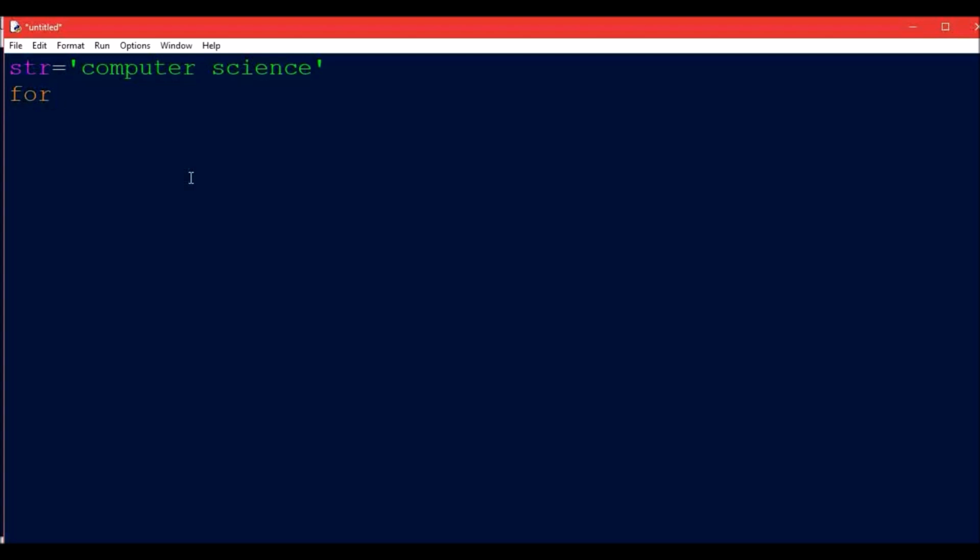So we will write for I, a variable, in str, that is the string, and then we are going to print I. So by this what will happen, that whatever index I will hold, on that index the alphabet or the letter that is there, that will be printed. So when the value of I is 0, C will be printed. In another iteration the value of I becomes 1, so the value that will be printed for I will be O. Then in another iteration it will be 3. So we'll save this program and run it.